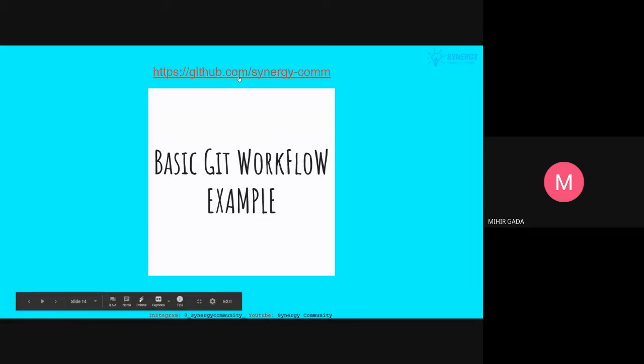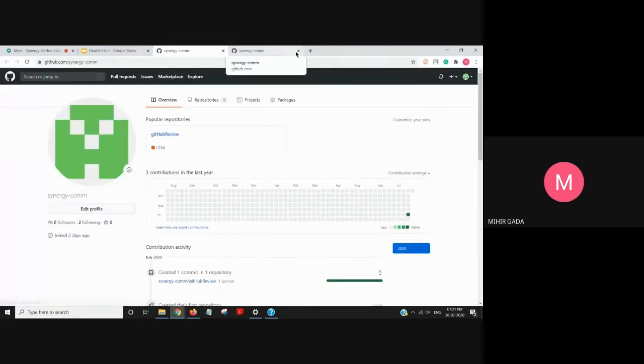To show the basic Git workflow, we initially go to github.com. Git is a version control system, and you can do version control locally on a machine. But github.com is basically the online place, or you can say the third party application, where we add our projects and we control versions on that application using Git.